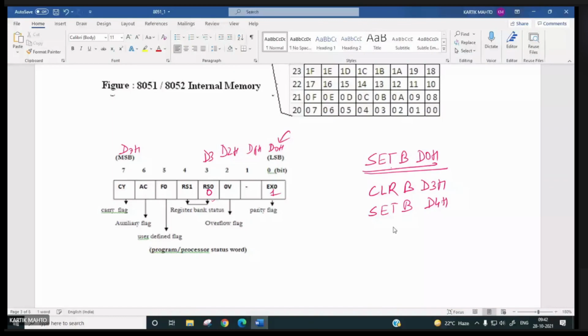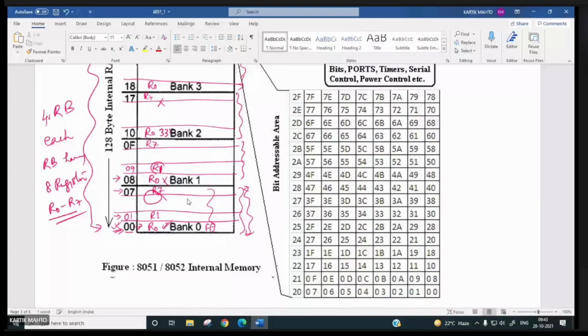So now after this, if you write MOV A, R0, what will happen? This is register bank 2. So in register bank 2, suppose here we have 33H. So 33H will be copied, not FFH. Understood?